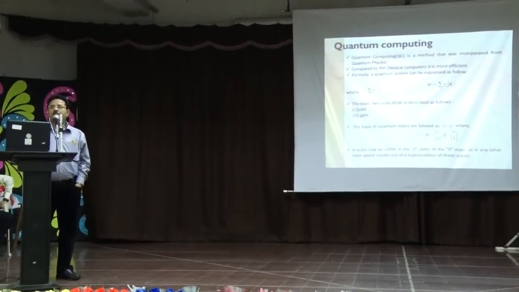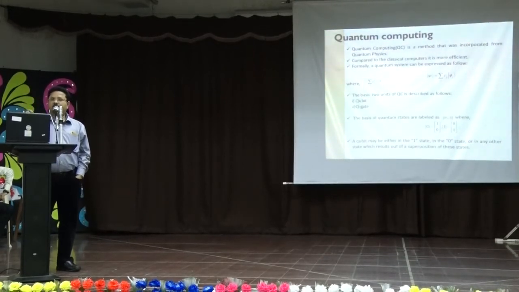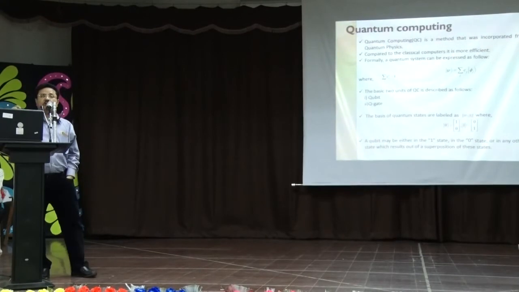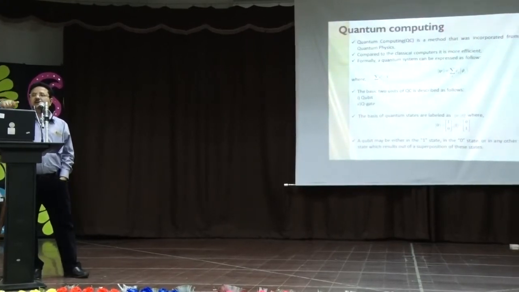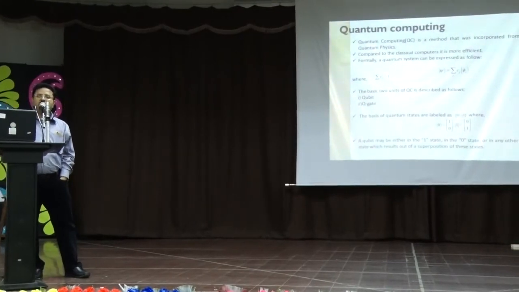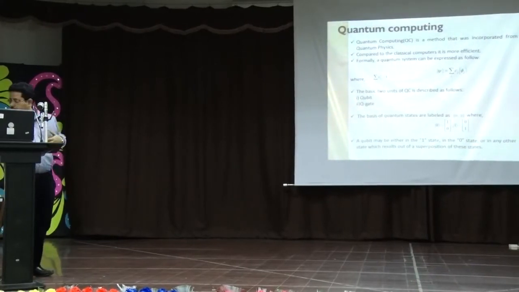It means in conventional computer you have only zeros and ones to represent information. But here you have zeros, ones, and combination of zeros and ones. This combination is referred to as superposition. Okay. So these zeros and ones are a little bit different from the zeros and ones in conventional computer. So these zeros and ones are referred to as qubits. Either you have a 0 qubit,